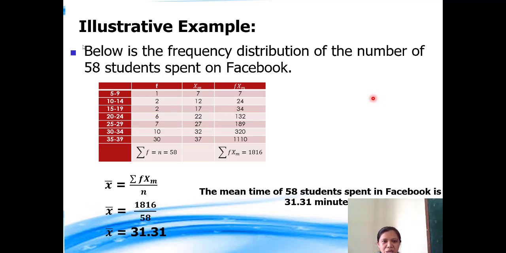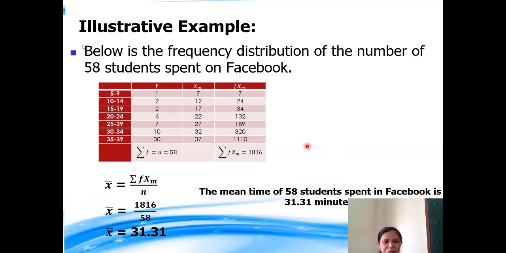In the midpoint, for the first group, we have from 5 to 9, so the midpoint of this class interval is 7. To find f(x) sub m, all you have to do is multiply the frequency and x sub m. So for example, 1 times 7 equals 7. For the rest of the groups, you do the same until we find the sum of f(x) sub m, which is